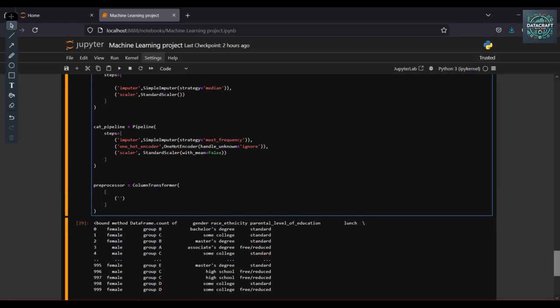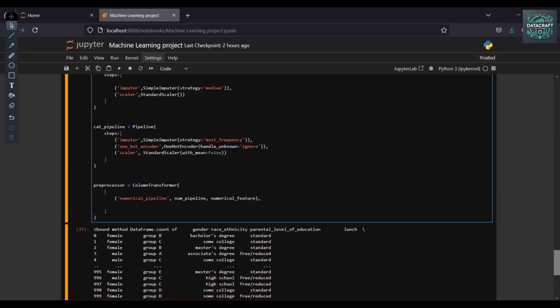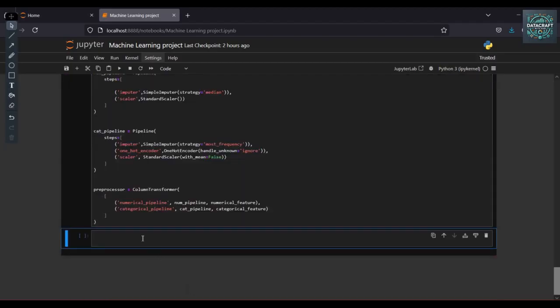My first is the numerical pipeline, with respect to the numerical pipeline and the numerical features, and then the categorical pipeline, which is the cat pipeline, with the categorical features. This is okay. Now let's test this one.